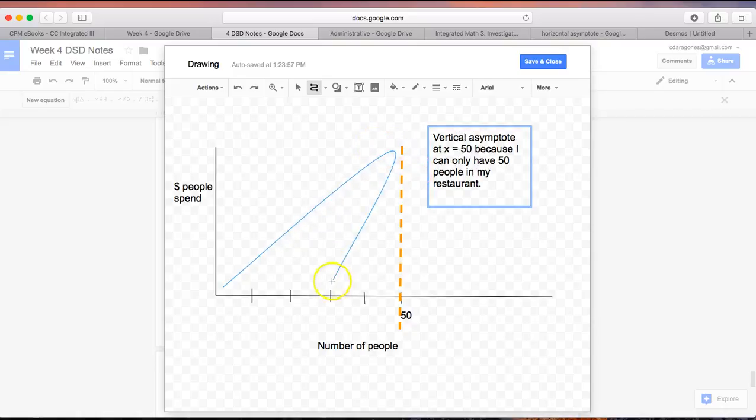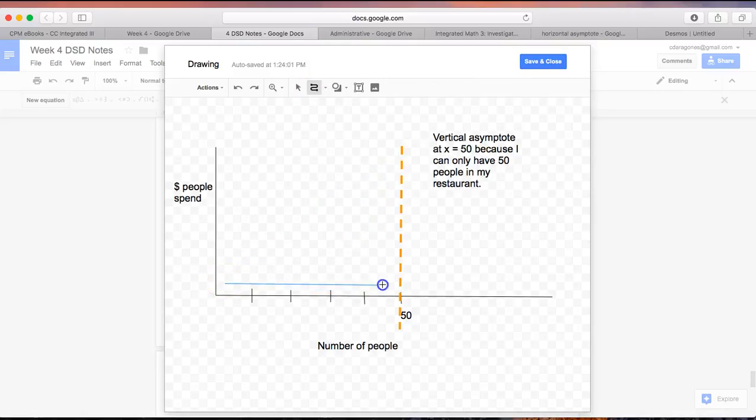excuse me, let me fix that. Kind of like this kind of curve. Let me do that one more time. There we go. Okay, so as you can see, the more people I have,